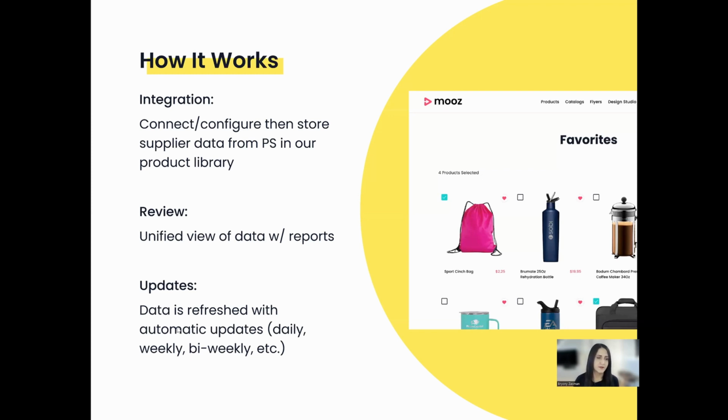We'll also, just jumping down here, set regular updates to your data. Unfortunately, PromoStandards isn't built in a way that is like a live data feed where if a price changes, it instantly changes on our end, but it's okay, it works fine. So what we do instead is run regular updates to refresh your data on our end. We can set those refresh updates as often as needed for you, on whatever cadence, so that could be weekly, bi-weekly, monthly, more frequently, whatever matches your product and product data changes,